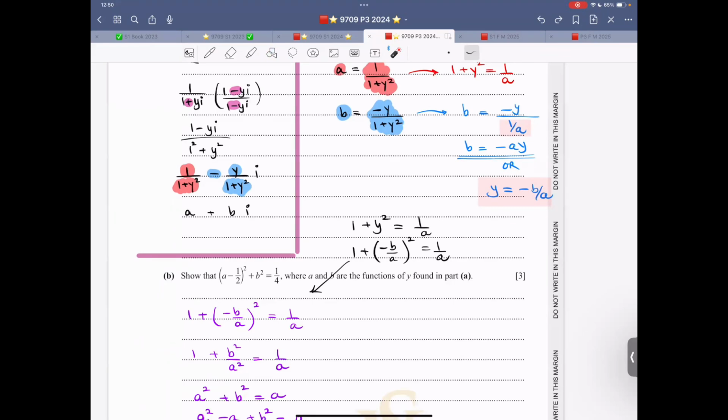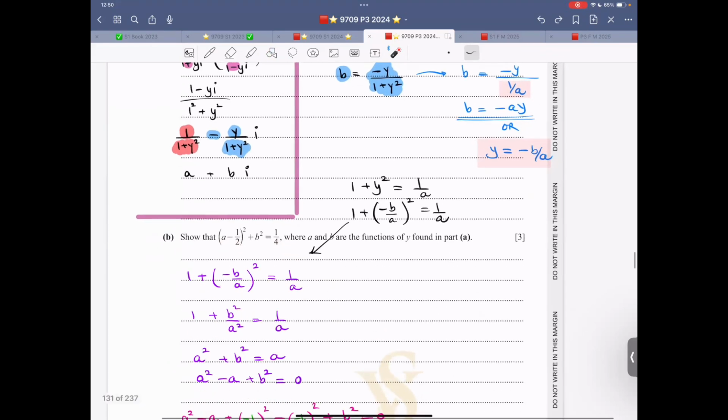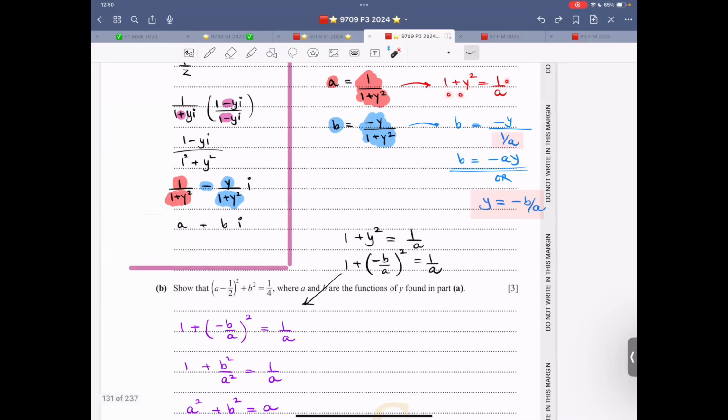I want to prove this thing. I'm not plugging it in. I'll prove that this will become this. So now 1 plus y square is 1 over A. 1 plus y is replaced with b over A. So this y is replaced with b over A,